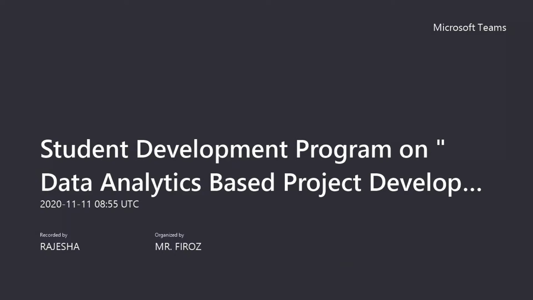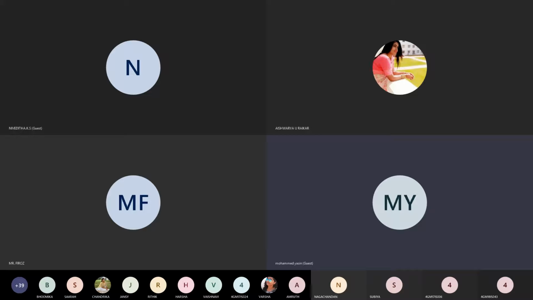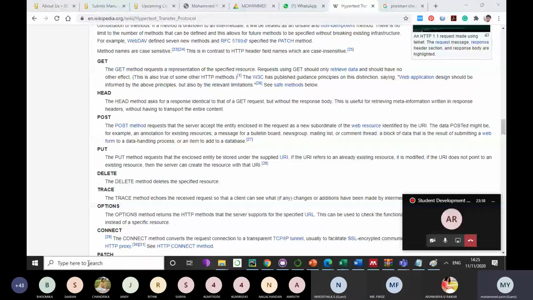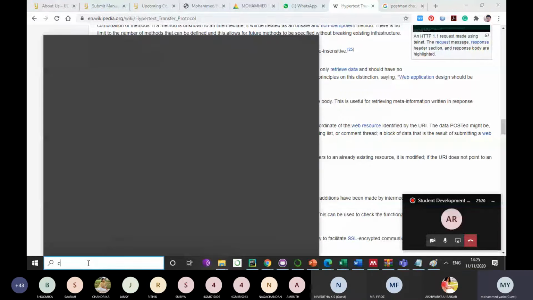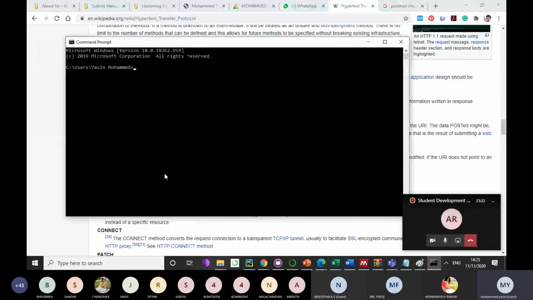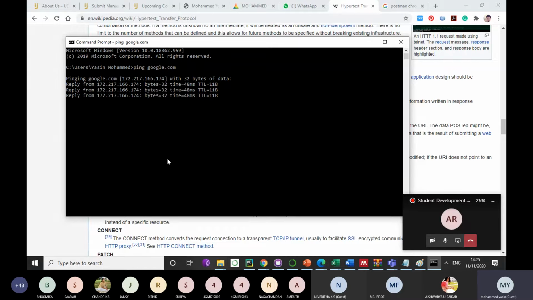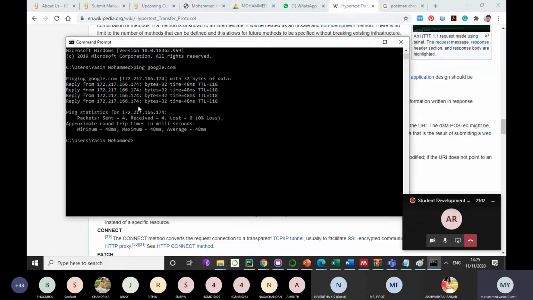Server. Okay, so right now, what I'm actually doing: if you go to your command prompt and ping google.com. What I'm actually trying to show is what a domain name is, what the internet is, something like that, so that once I come back, I can relate it to you guys.